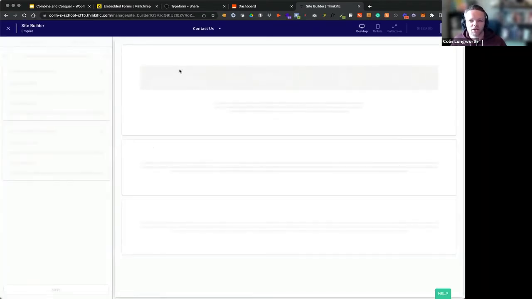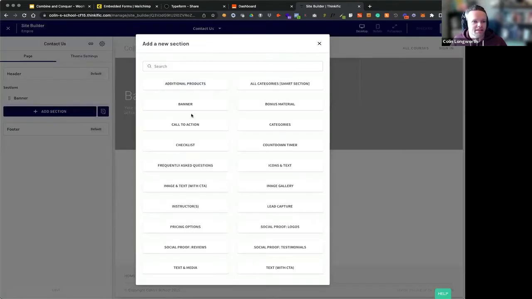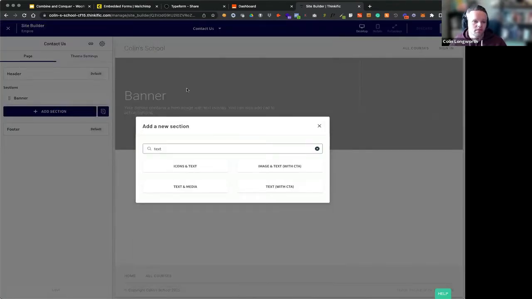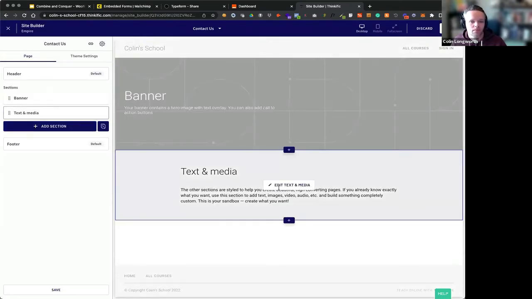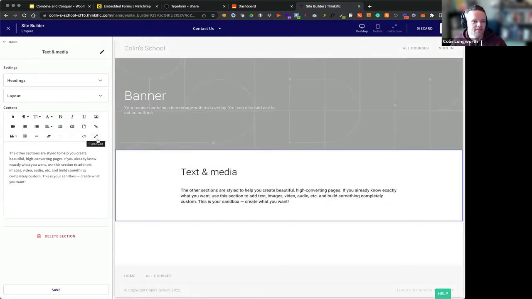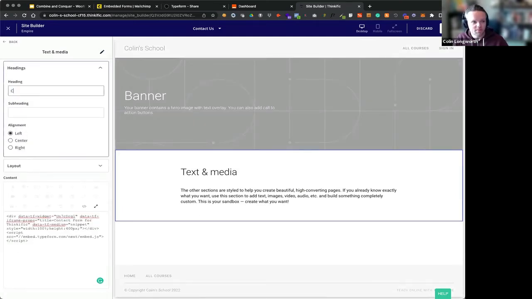And we're going to copy and paste in the code, very similar to how we did with MailChimp. Let's go ahead and add a section. Text and media. We'll go ahead and edit that. Look at the code view, copy and paste in our Typeform code. And once again, I'm going to change the headings. So this is going to be